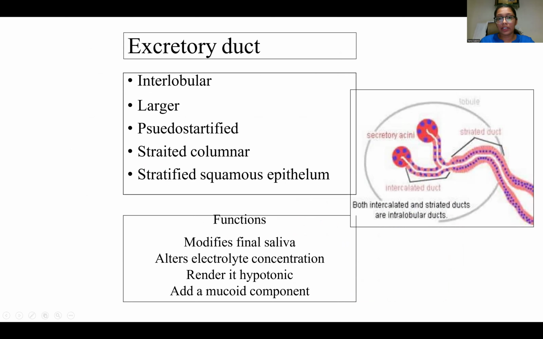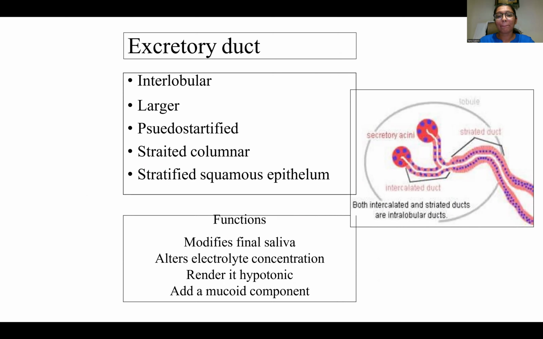Next is the excretory duct. The excretory duct is an interlobular duct. This is largest in the diameter. They have pseudostratified type of cells, striated columnar type of cells, and stratified squamous epithelium is also going to be